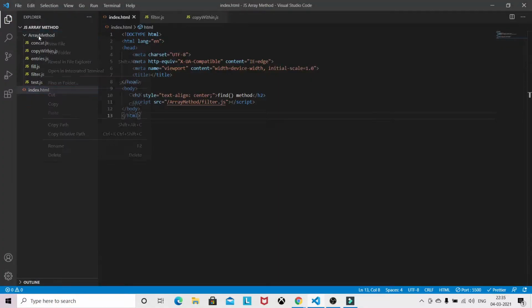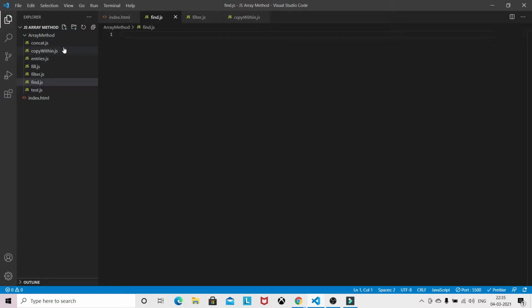I will create one file named find. We have some array.